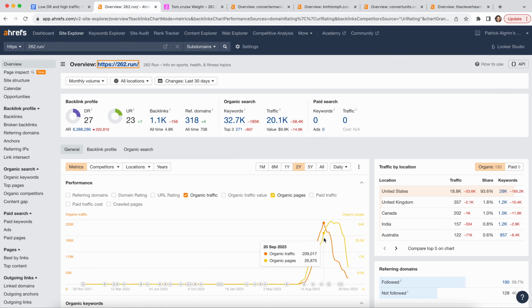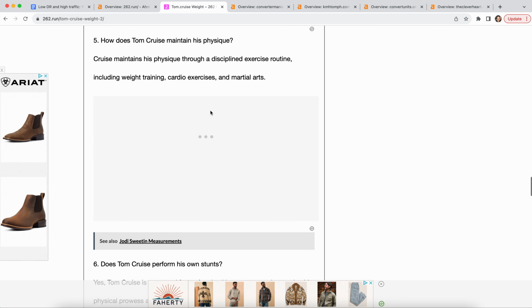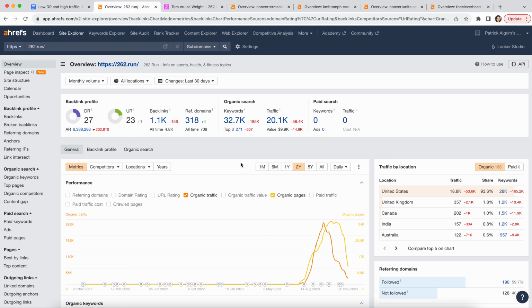It's just churn and burn, but there is something to be said about some of these keywords. If you go ahead and look at the keywords that this site was ranking for, that will tell you that you actually don't need a very high domain rating to rank for those same keywords. So even websites that have been essentially clapped by Google will still tell you, hey, all of those keywords are pretty ripe to go and pick from and maybe do better with in terms of the execution of the article itself. Okay, so